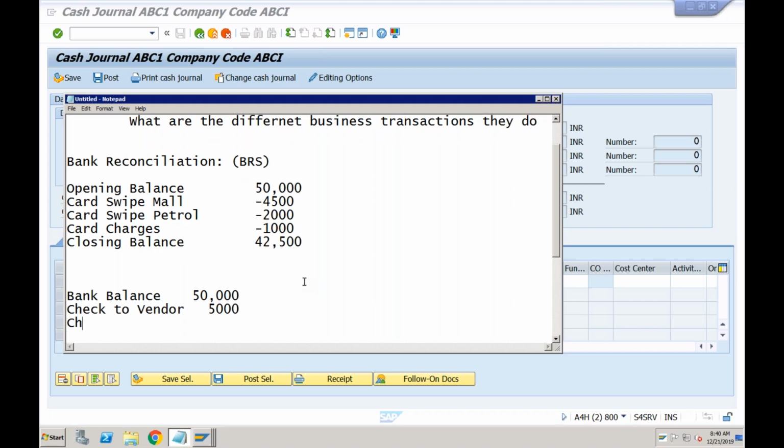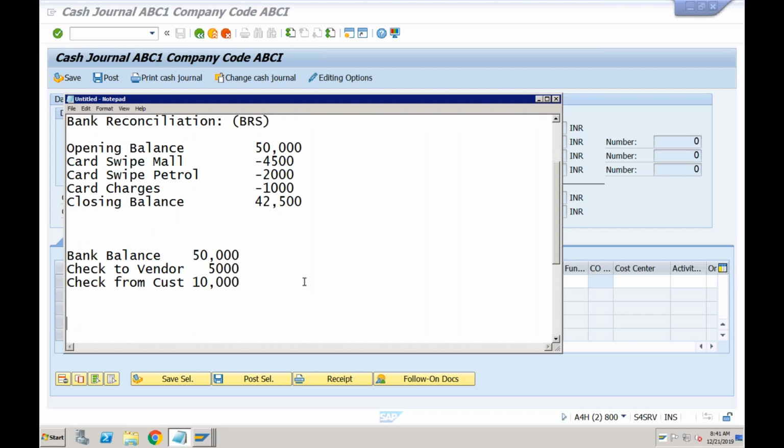You received a check from a customer for 10,000. Can you tell me what is the balance after all these transactions? What is going to be the total balance? What would be the bank balance? This was my opening balance. 55,000. And this is my closing balance.